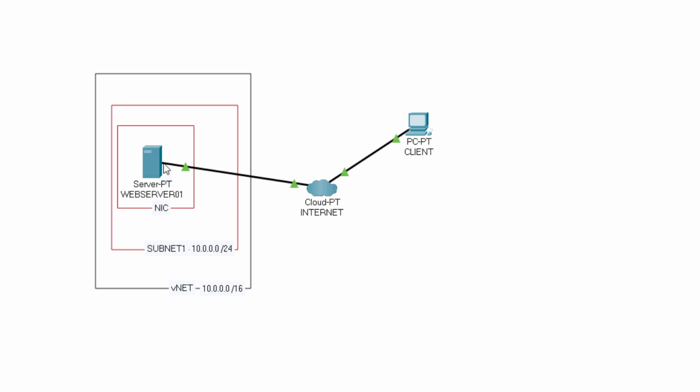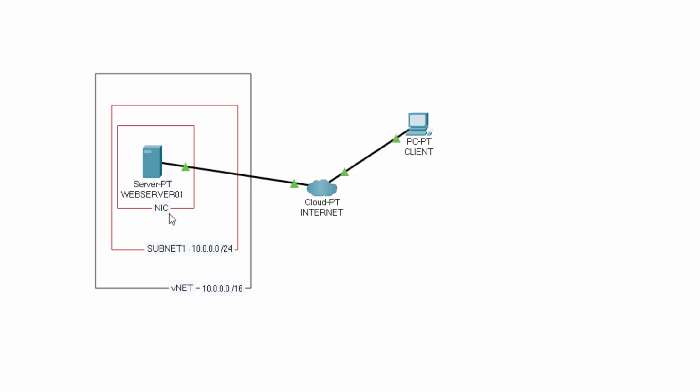card, and the web server will be connected to the internet as we are going to install an Apache web service into the web server and deploy a website onto the server, and we'll be able to access it through our clients. So what we want to prove is that the network interface card would have its network security group,